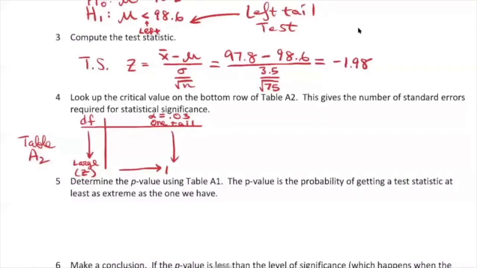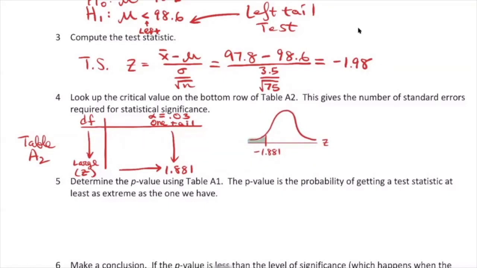Okay, so it says 1.881 standard errors. Now remember, this is a left tail test, so what that means is standard errors below the assumed mean, which makes this a negative z-score. Negative 1.881, because it's just a left tail test. You just have to make this negative. I get it. Okay, so, and then don't forget